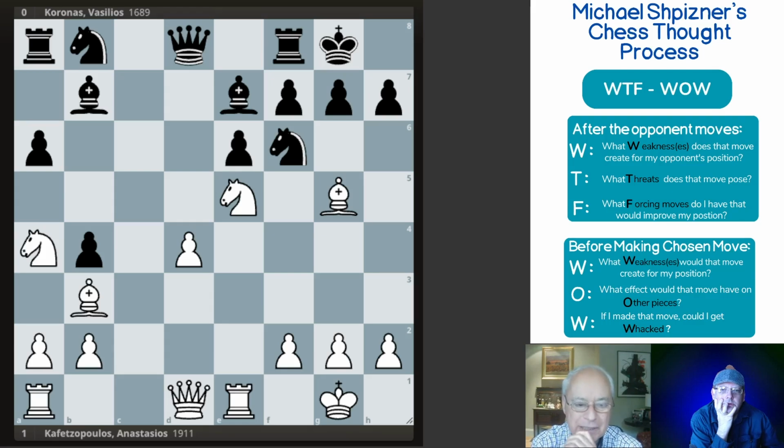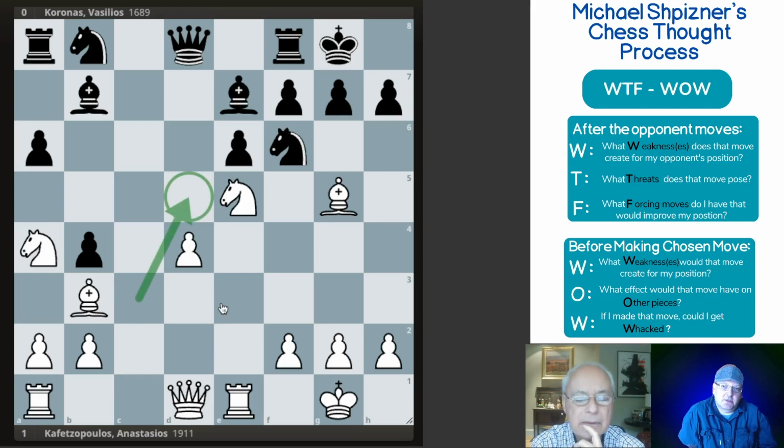Well, obviously it put a knight on the rim. It also gave up, well, it didn't really give up much in the way of control, right? Because where it used to be on c3, it wasn't controlling b5, it wasn't controlling e4, and it wasn't controlling d5. But it did give up control of d5. Well, d5? D5, yep. So the knight on c3